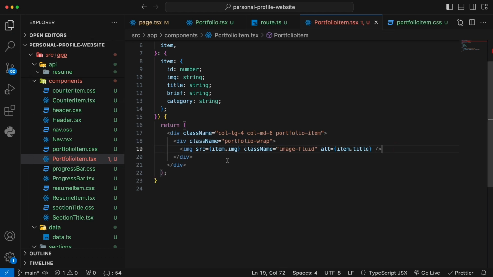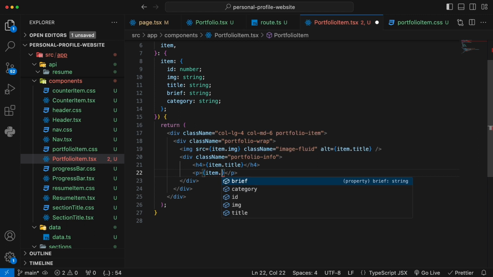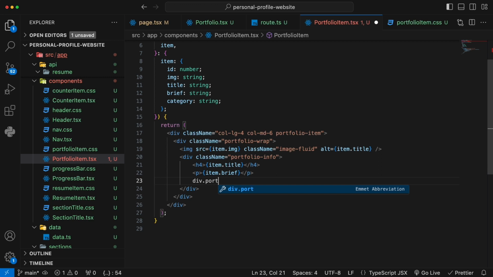And below that image, what we're going to do is create another div called portfolio-info. And inside this info, we're going to have the h4, which is used to contain the item title. And then we're going to have the paragraph, which is going to be used to hold the item brief, like so. And then below that is going to be our link. So we create a new div called portfolio-links,